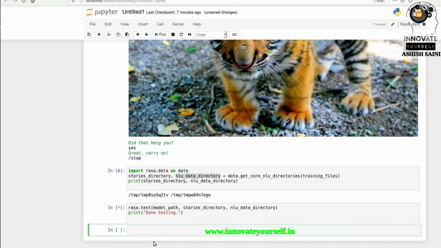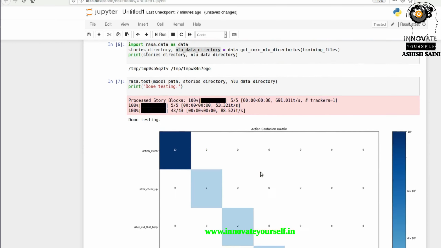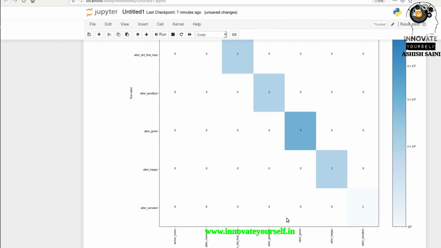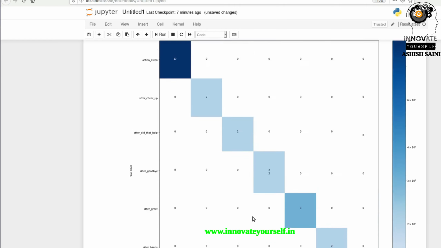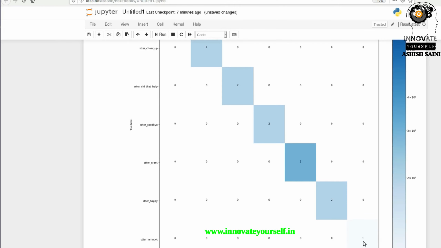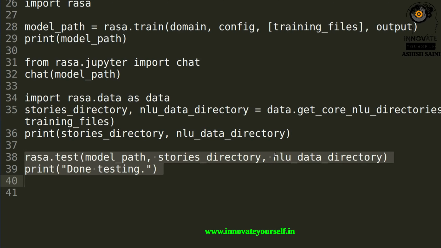When I run this part, you will see it will test your model, and on the basis of that testing, it will show you a confusion matrix. You can see it is showing you a confusion matrix for your true values and your predicted values. On the basis of that, you have got the results, and if all your values are in the diagonals, that means your model has been trained successfully with very good accuracy, right? So this is the way you can get your model after prediction, right? So this is the way we have done this.